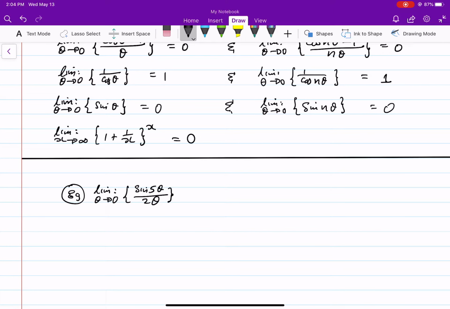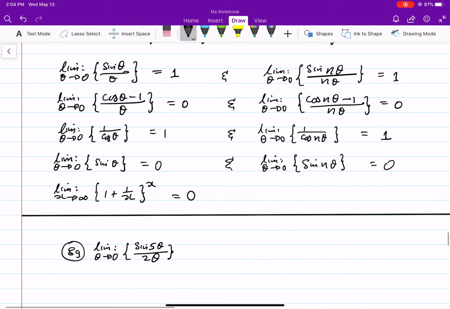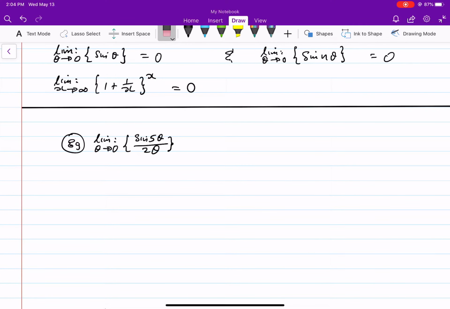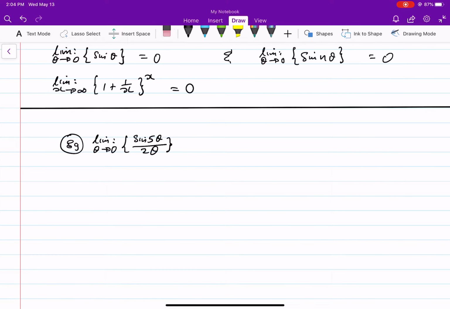My first example has the limit as theta approaches 0 of sine 5 theta upon 2 theta. Obviously, the closest thing that matches it is the expression to the right. But if I have 5 theta on top, I can't interfere with that 5 in the 5 theta, which means I must replace the 2 theta somehow with a 5 theta. How can I do that? Well, that's not so difficult, because I'll massage it as follows. This is the same as the limit as theta approaches 0 of sine 5 theta